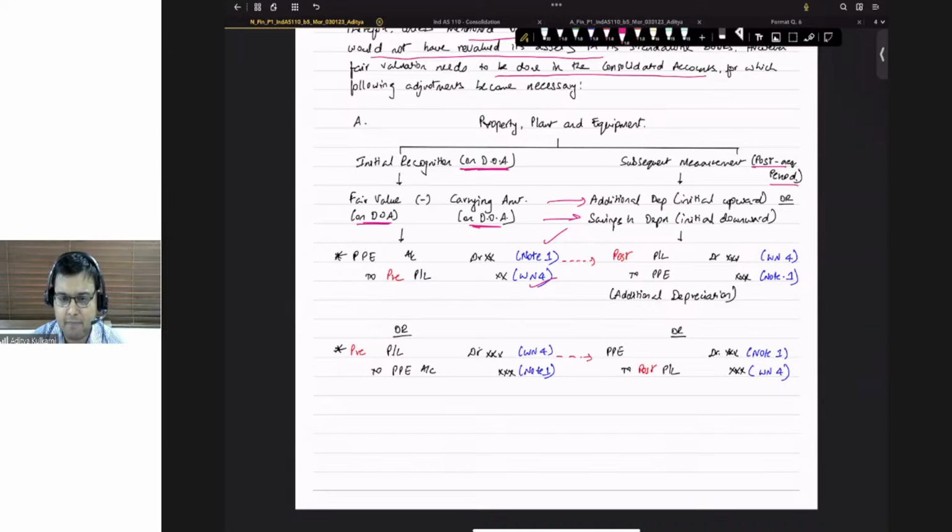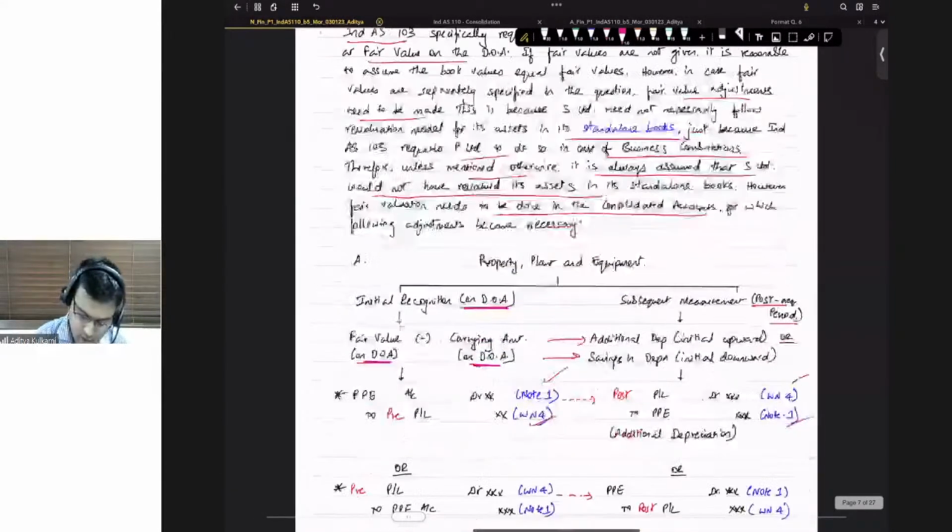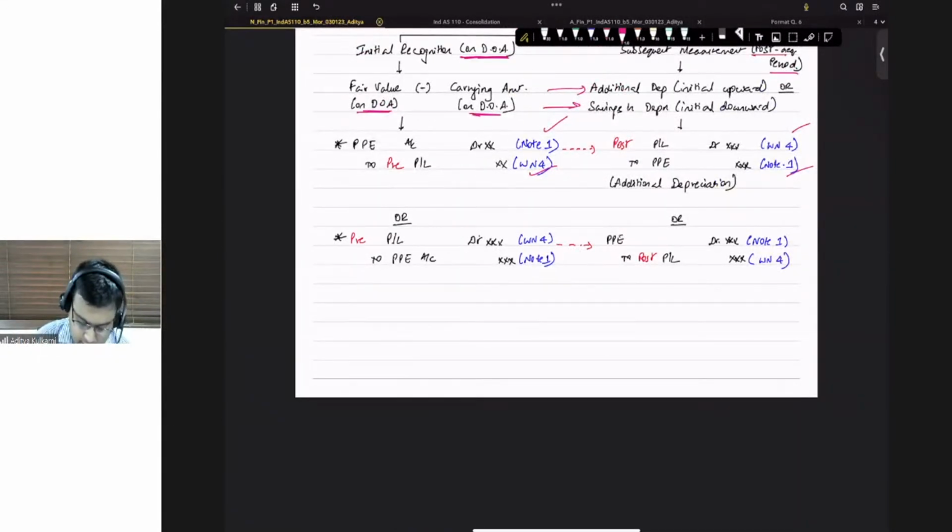That additional depreciation is going to hit my post profits, which is going to go to working note 4 and to the property, plant and equipment adjustment column of note 1. We have already seen that. Or if there is a downward revaluation, then pre-P&L to property, plant and equipment,